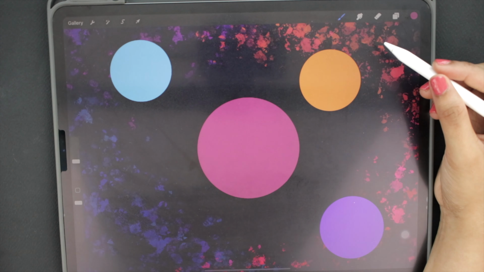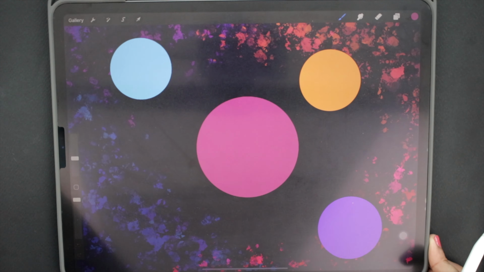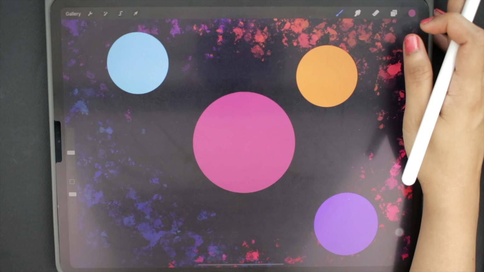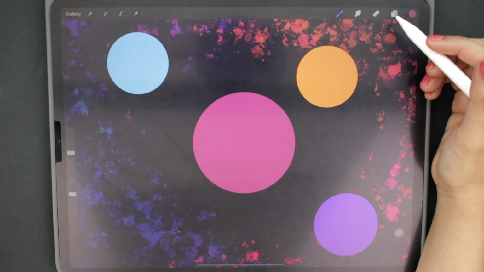In today's video, I will show you how to use the AlphaLock feature, which enables you to draw only inside the boundaries of the current layer. I will help you understand the concept of the AlphaLock feature and show how you can add texture to the planets that we created in the previous video. Also, we will start creating the solar system illustration that we will finish by the end of the series.